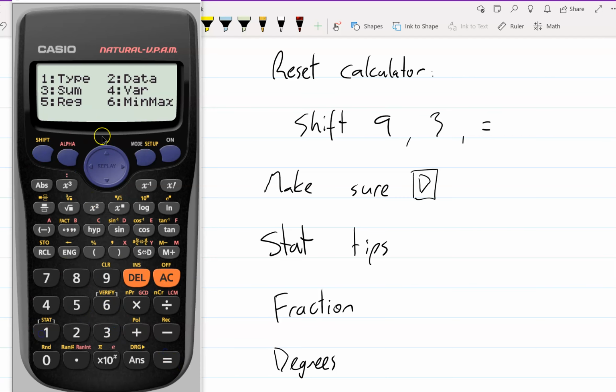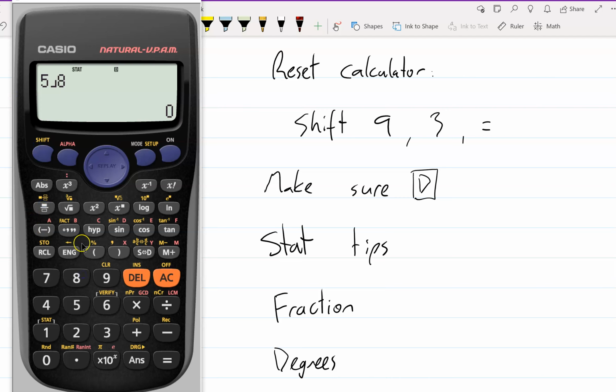Okay, if I go back into stats, in the min-max option, I can find the min and the max. If I had one list of data, it would also give me options for median and Q3 and that kind of stuff, and the quartiles. Cool. Now, if you stay in stat mode, see how it says stat up the top,